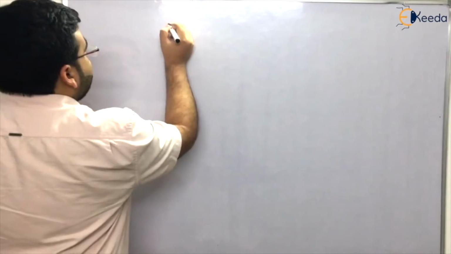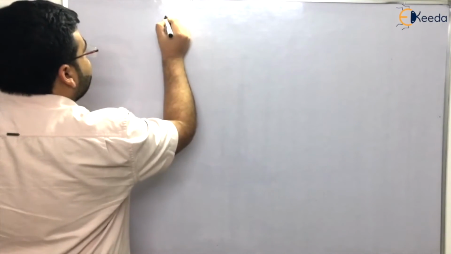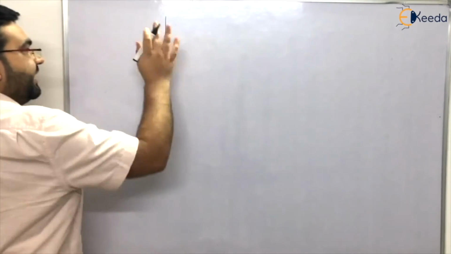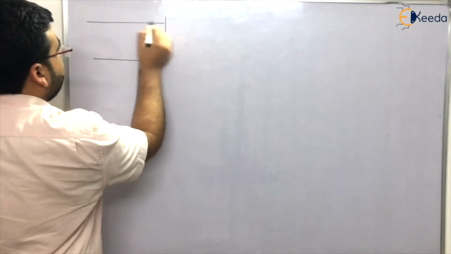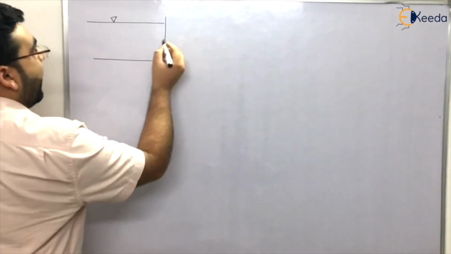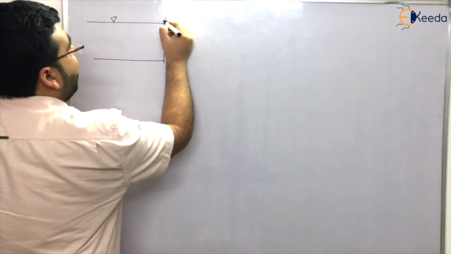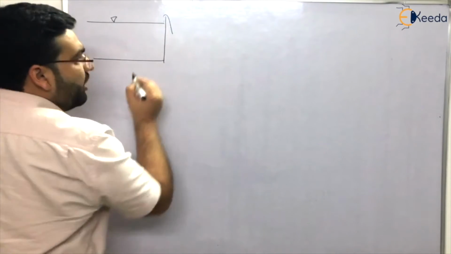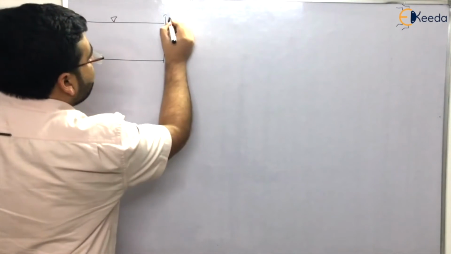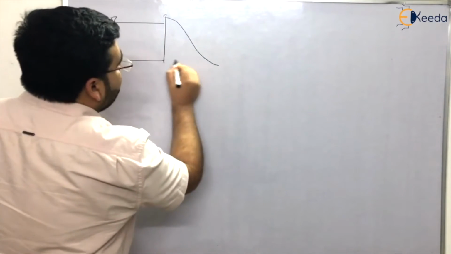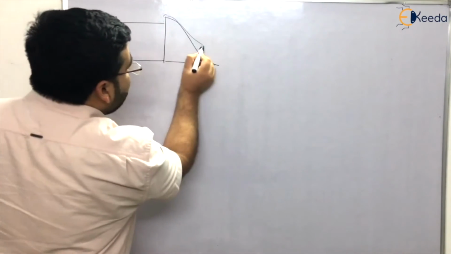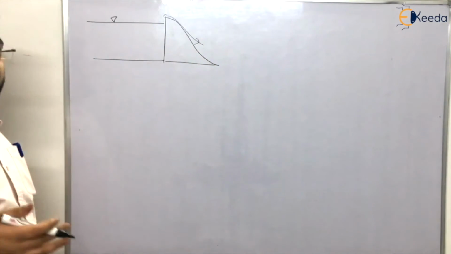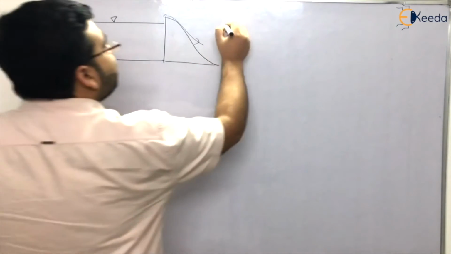Let us say that this is a dam. Let us say this is a weir. This is a side view of the weir, and this is the upstream. When the water level rises, after some time it will fall. So on the downstream side we make some profiles for the discharge of this excess water, and these structures are known as spillways.